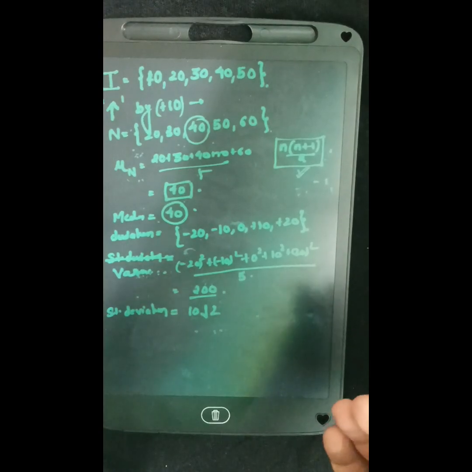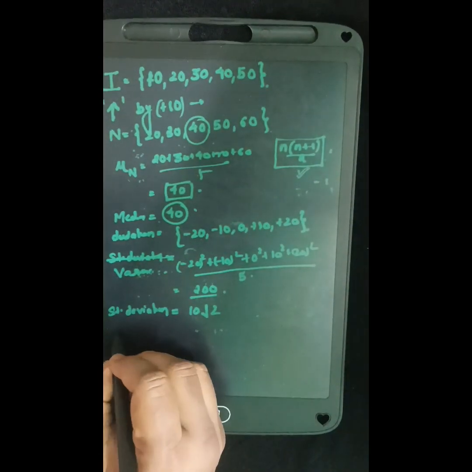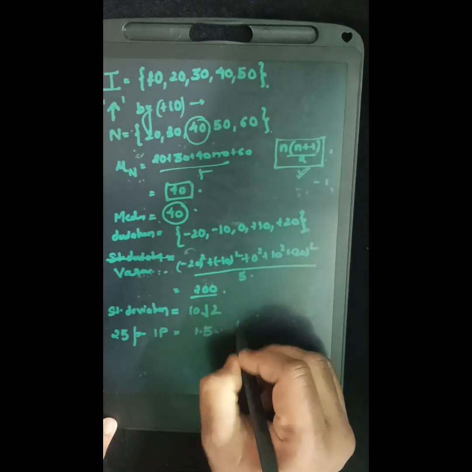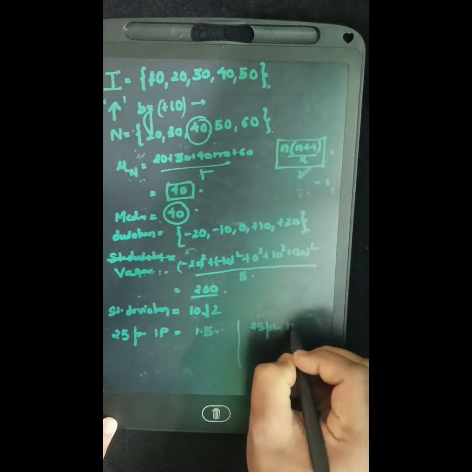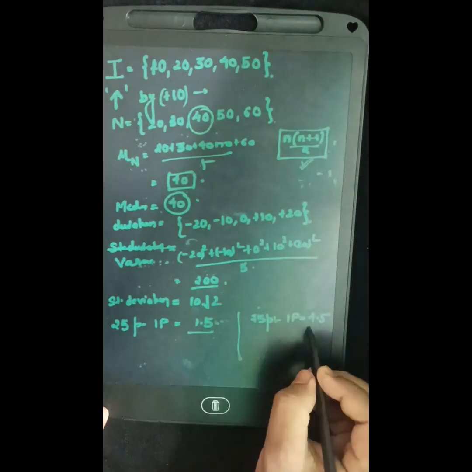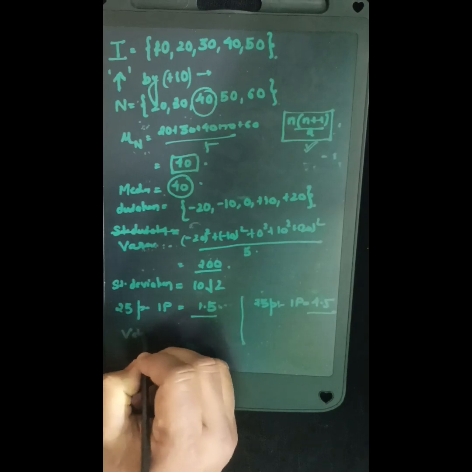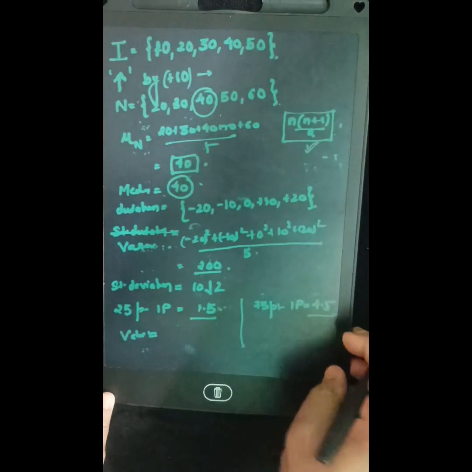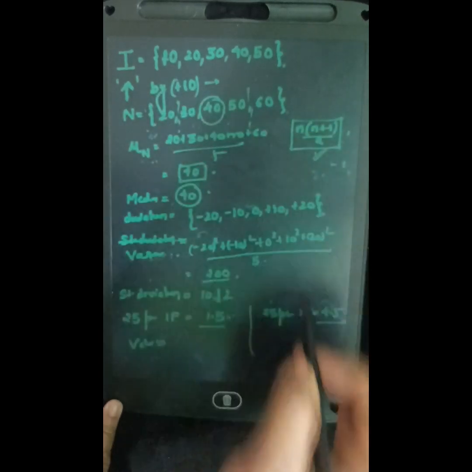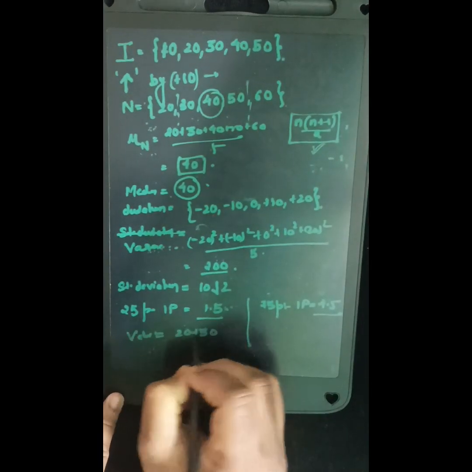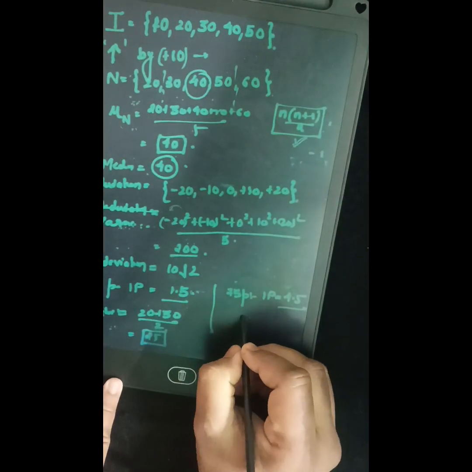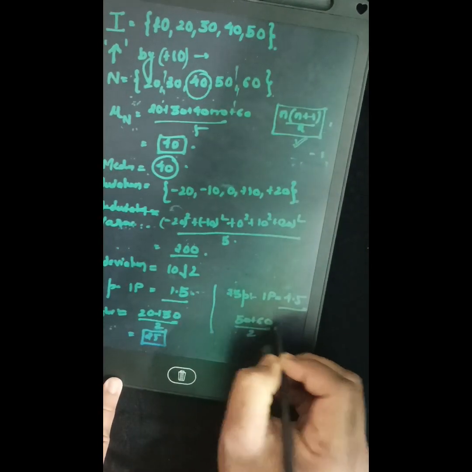So now let's calculate the 25th percentile index point. It would again remain to be 1.5 for the 25th percentile, and for the 75th percentile the index position would be 4.5, since the n value is the same. So the value for the 25th percentile would be between these two, and the value for the 75th percentile would be in between these. So the value would be 20 plus 30 by 2, which comes out to be 50 by 2, that is 25. And here the value would be 50 plus 60 by 2, which comes out to be 110 by 2,